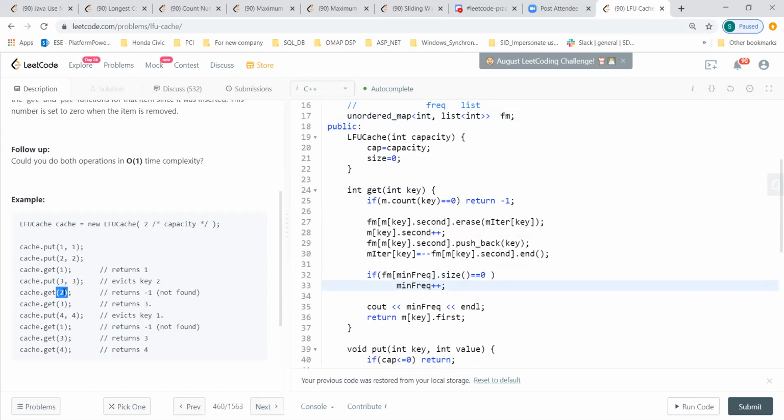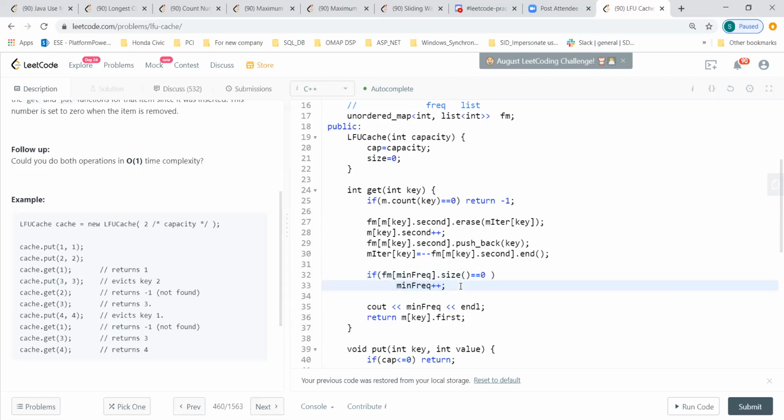We are updating frequency when you call the get function, only when it is reading. So here you put 1, 1, so all these frequencies were 1, and then when we did get over here, we moved this key, which was already in bucket 1, to bucket 2. That is what we did over here.